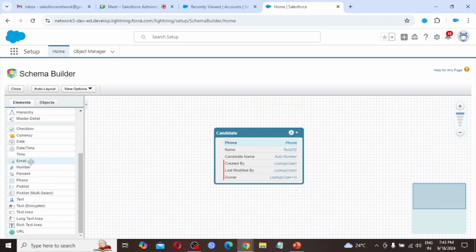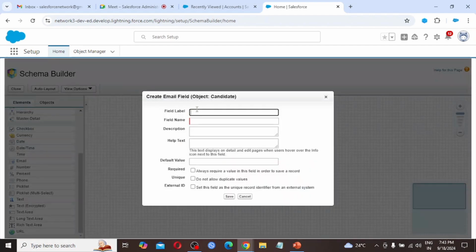Next I am going to create email. So it is of email data type. So I am providing the same name, email. Press the tab button, and I am making it required.